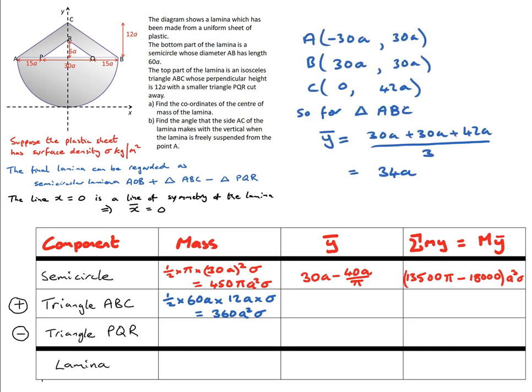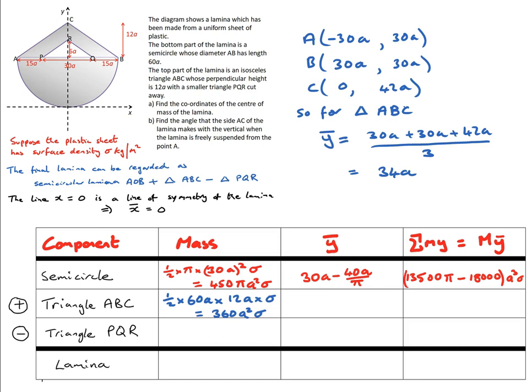We know that the vertices of the triangle ABC are the points (-30a, 30a), that's the point A. The point B is the point (30a, 30a), and the point C is the point (0, 42a). So the y-coordinate of the centre of mass of the triangular laminar